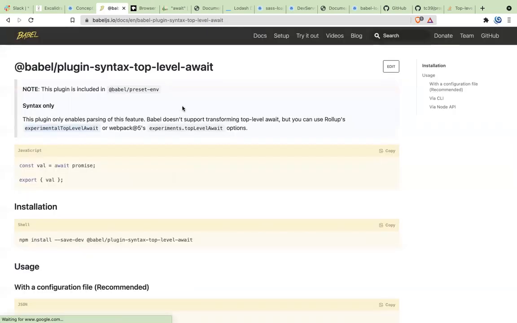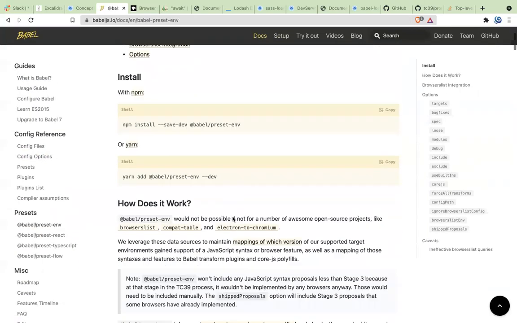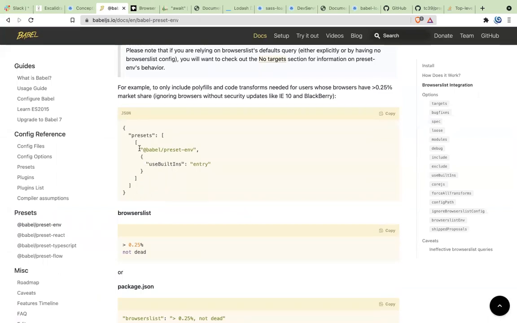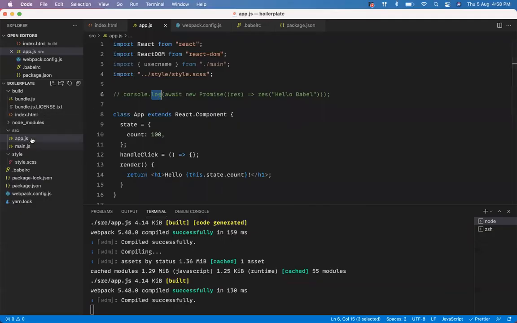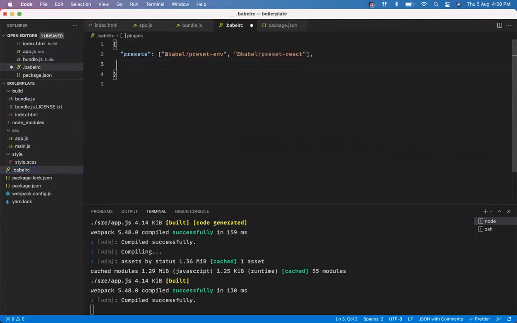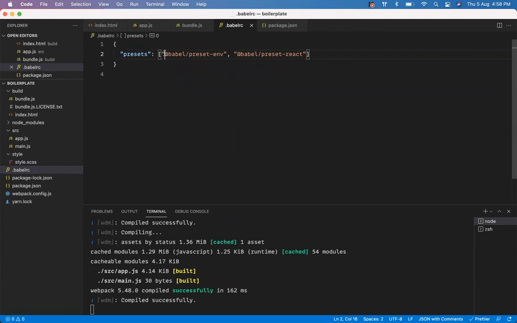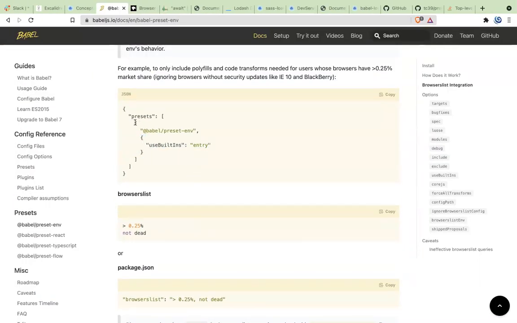I don't know, there must be a way to configure it. If you want to see that in action, you can go into the docs and look at Babel preset env. They have an options field here. Here you can have different things. So rather than doing it that way, you can just go into Babel RC. I don't need any plugin. And here, I think you will have to change the name and everything, so you need to do it like preset env.